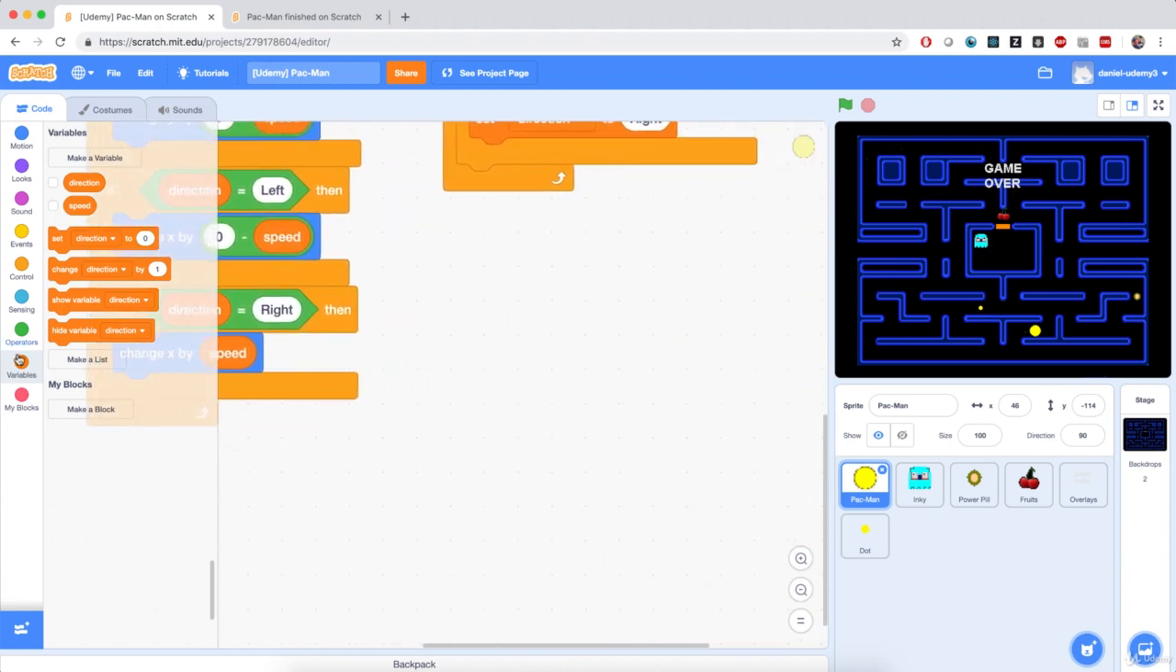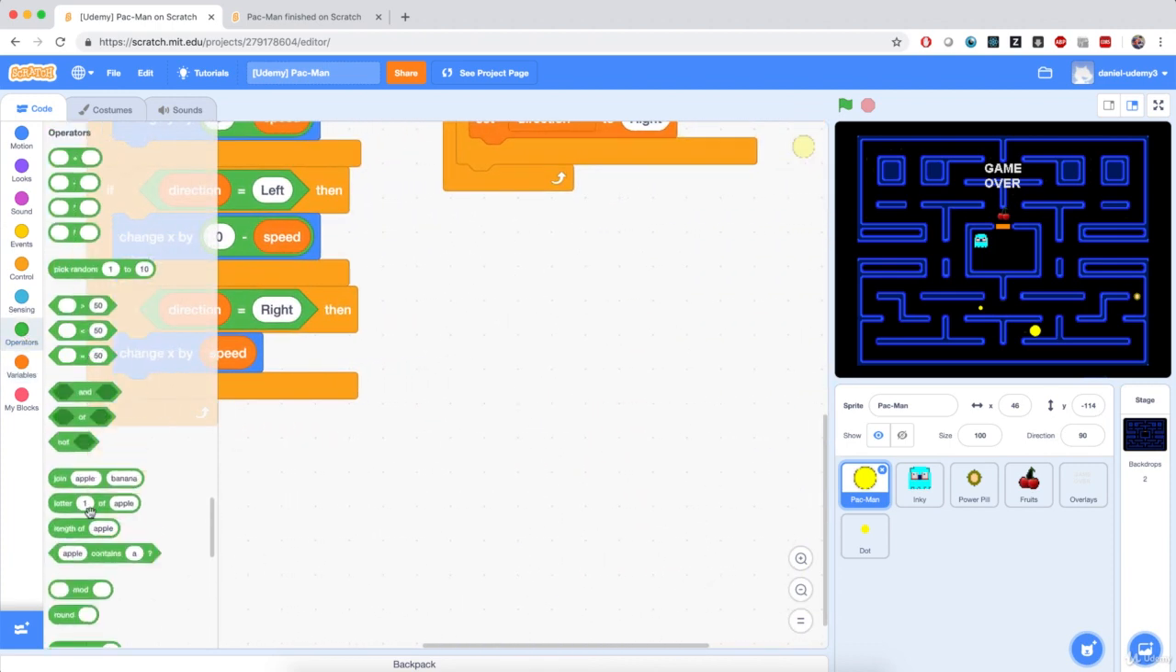I'm going to bring in a big operators block, and I'm going to bring in an AND operator, and I'm going to bring in 2 equals blocks. Actually, I'm going to bring in 1 because I'm going to duplicate it. And here's how I'm going to implement that. I am going to say